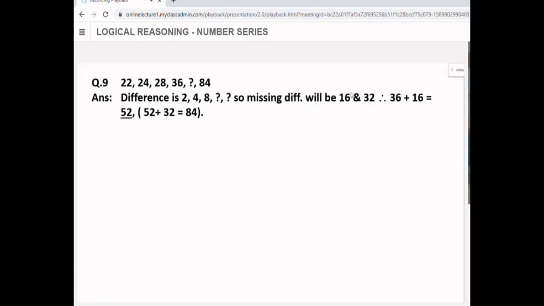So our number before the question mark is 36. 36 plus 16 comes to 52. And then 52 plus